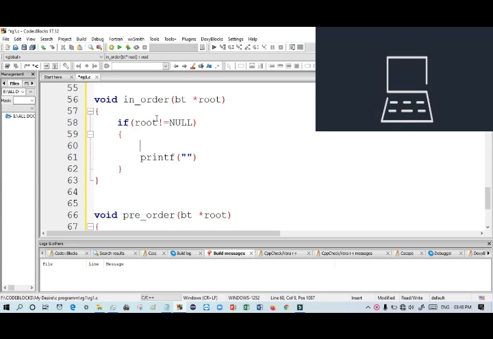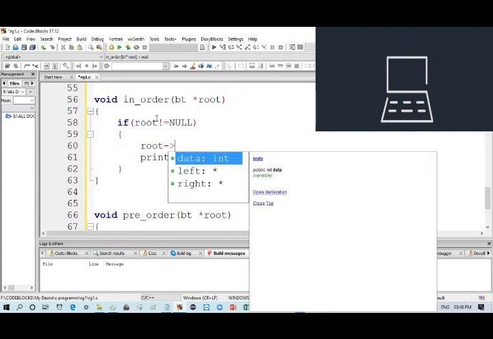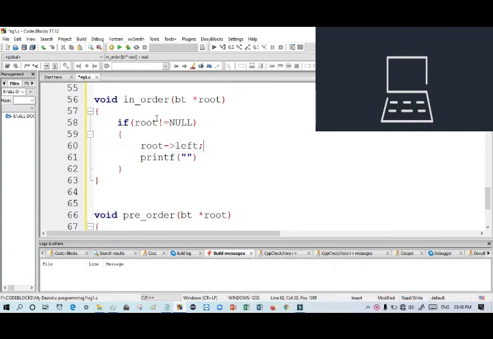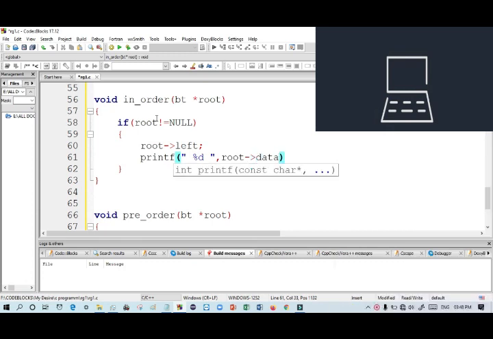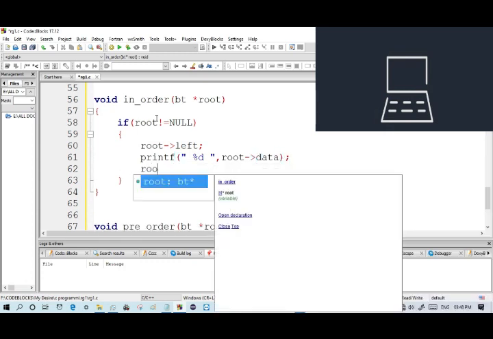It will first go left, then print root, and then right. Then root left, and after that printing data %d, just root data, and after that root right.